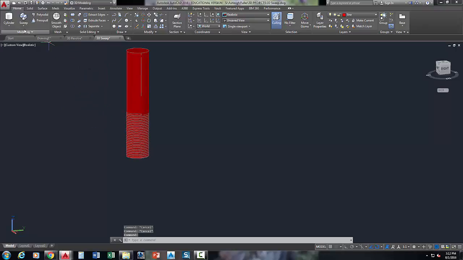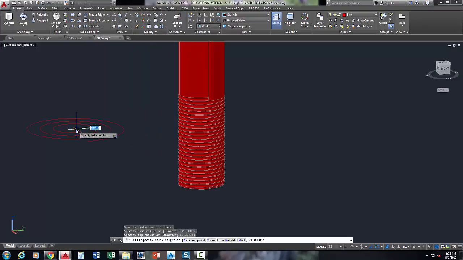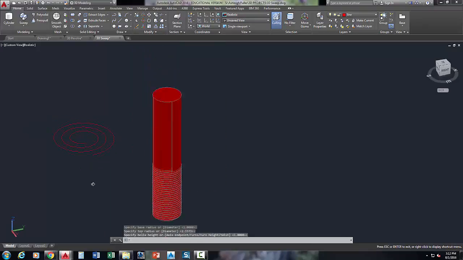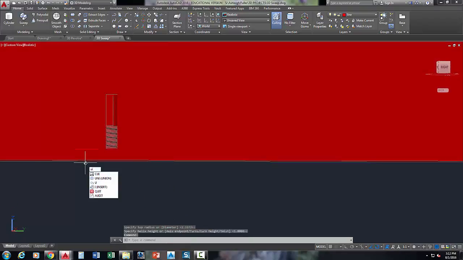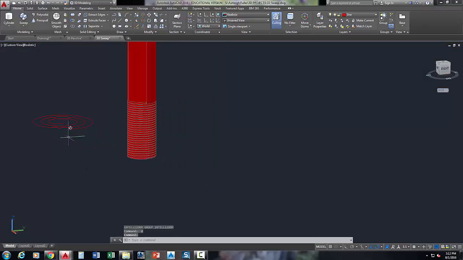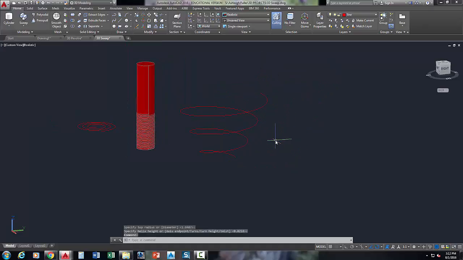By the way, if you've never drawn a helix before, if you go to the draw menu, this right here is a helix. And you can draw a helix in 2D that just looks like this. You know, it's just like a little spiral. You guys know I love swirls, I think. But if you're in 3D, you can make that helix come up along that z-axis. And that's just kind of a crazy looking spring,